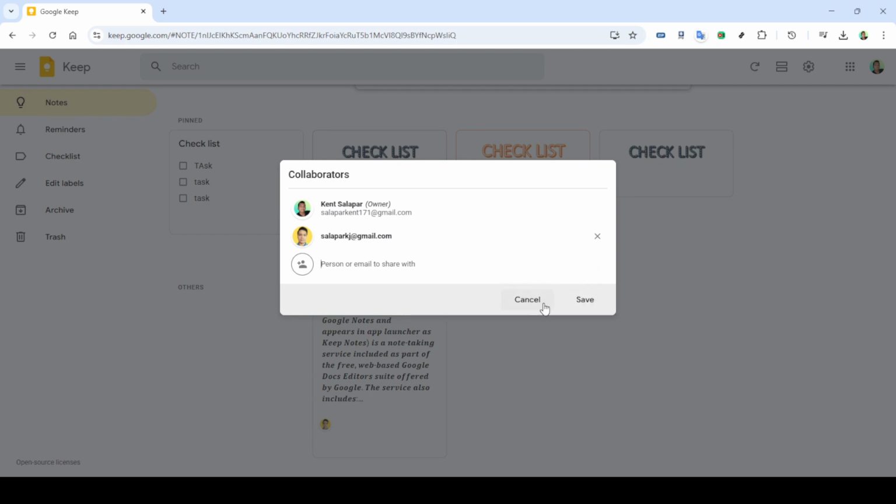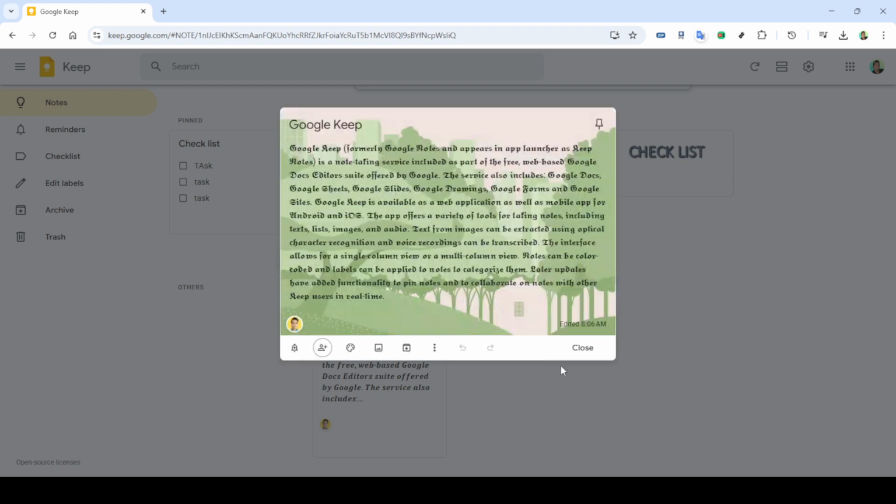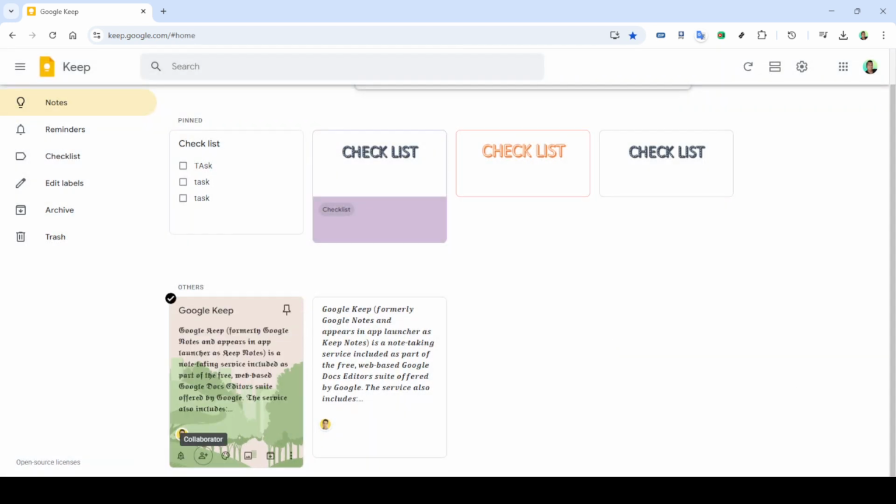To add a collaborator, simply type in their email address. Google Keep will automatically suggest contacts from your address book, which can save time if you're frequently collaborating with them. Select the correct email, ensuring you've chosen the right contact. After you've added all the collaborators, simply click Save or Done to confirm your choices. Once you've completed these steps, your chosen note will be shared with those email addresses you input,